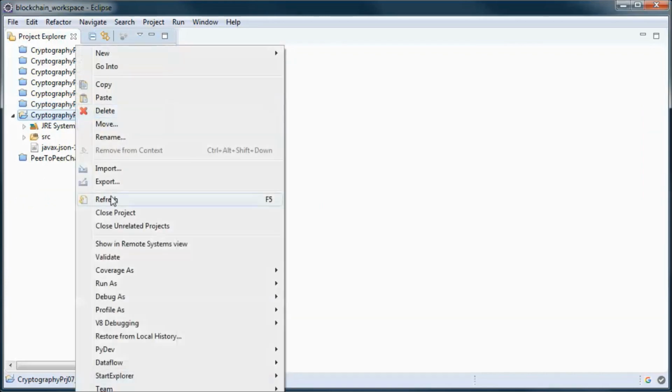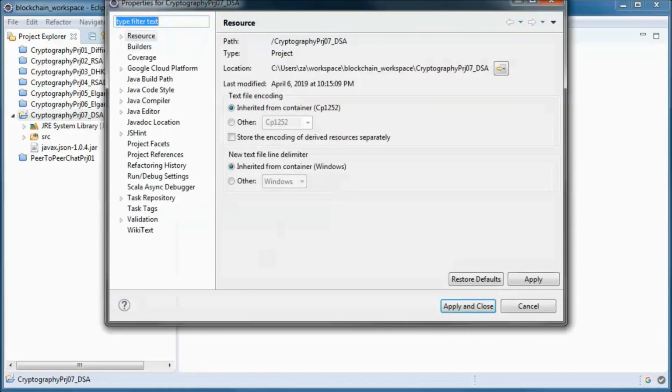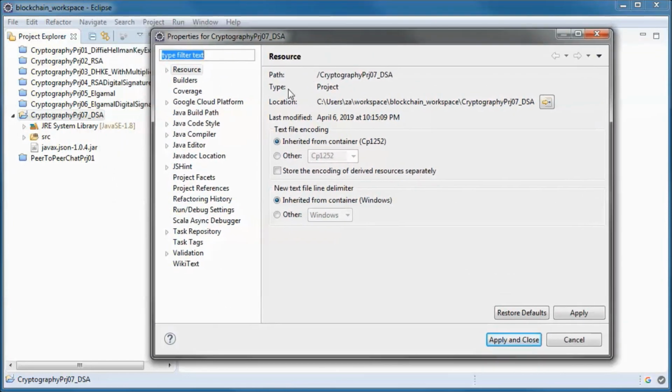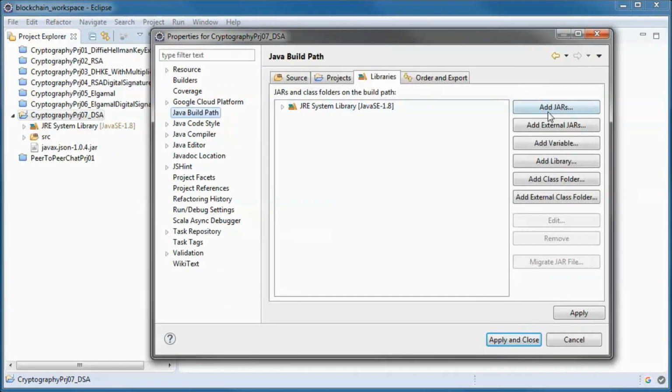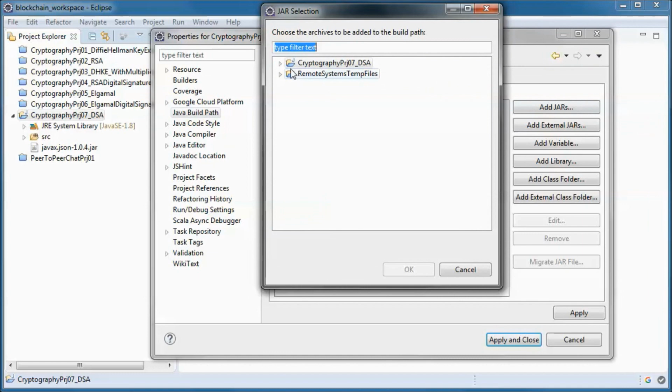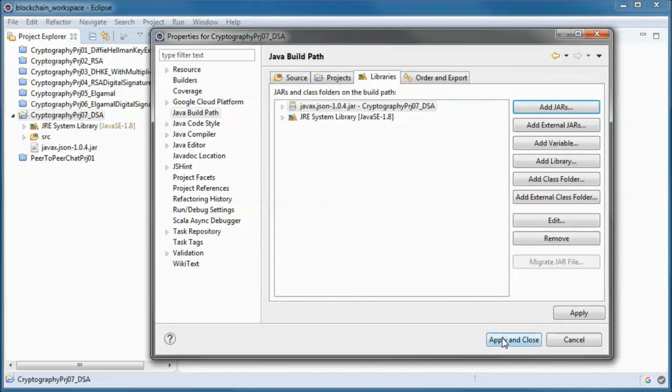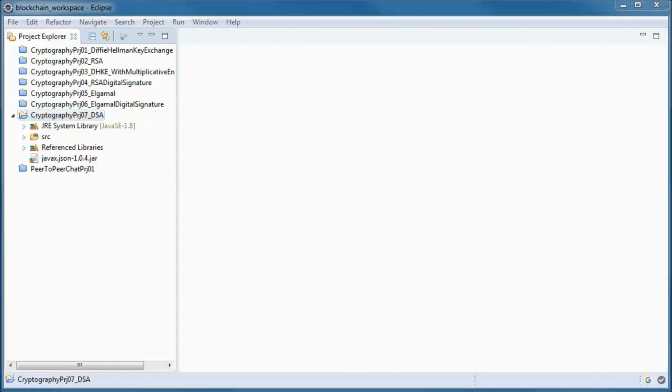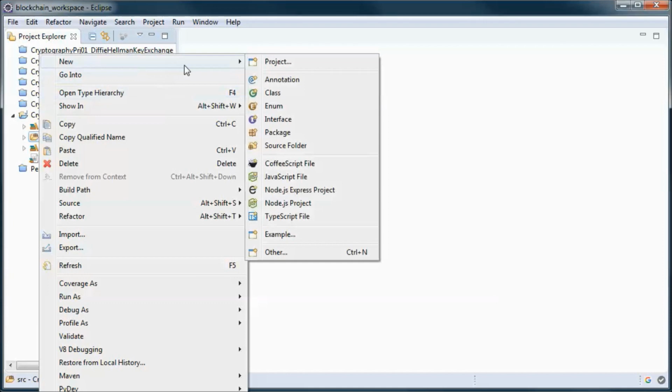And we go to properties and Java build path. And here we will have two packages.